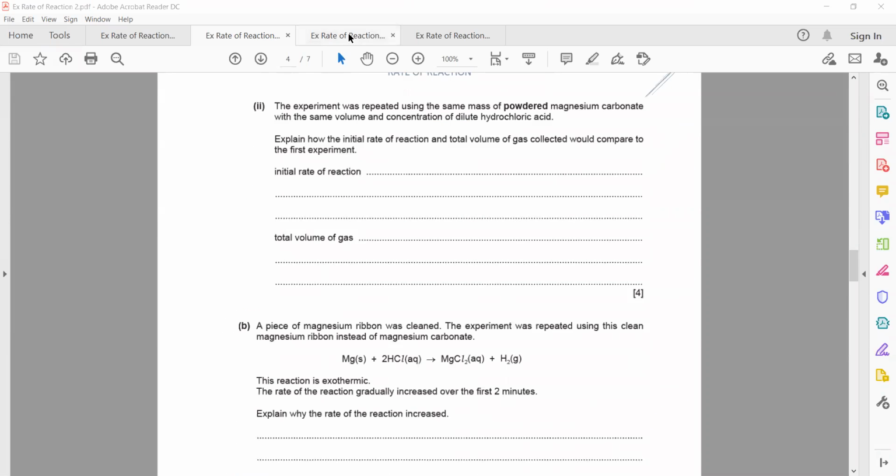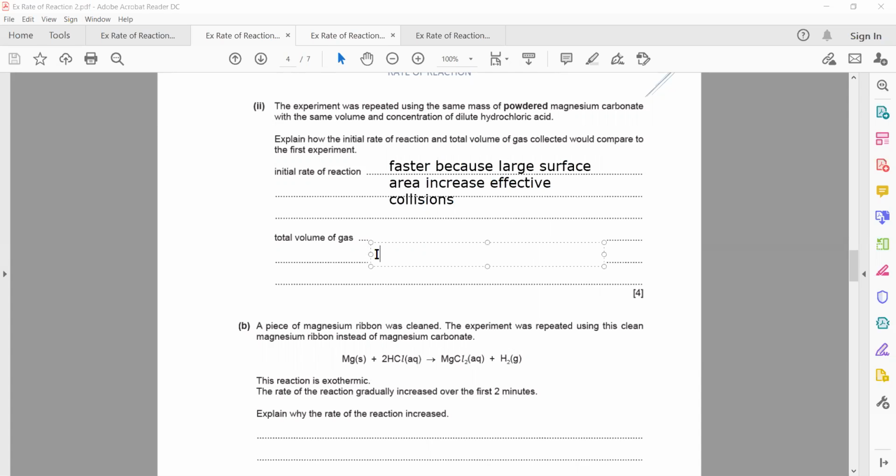So what happened to the initial rate? Initial rate means the start of the experiment. So the initial rate will be steeper or faster because the large surface area increases effective collisions. What about the total volume of the gas? It will be the same